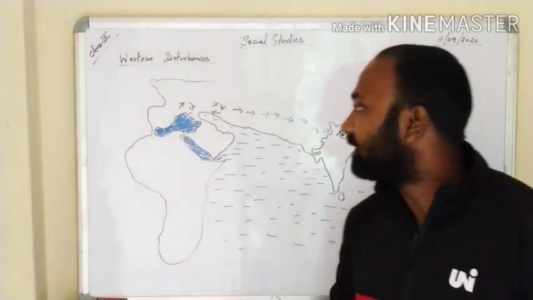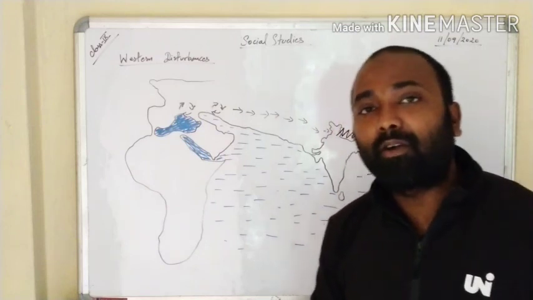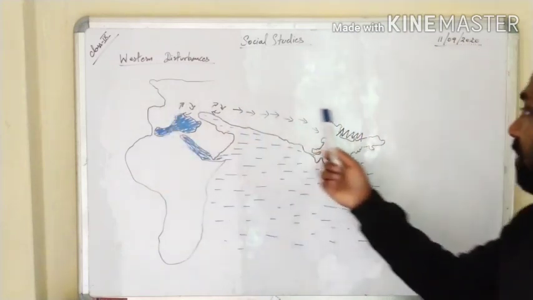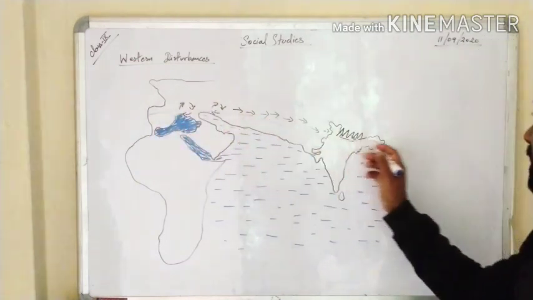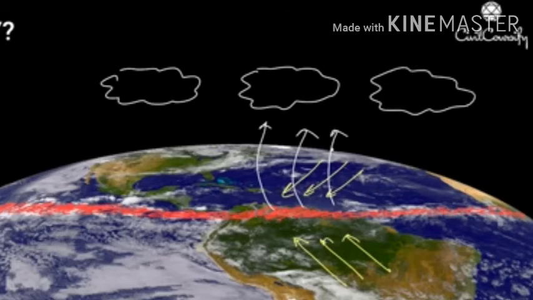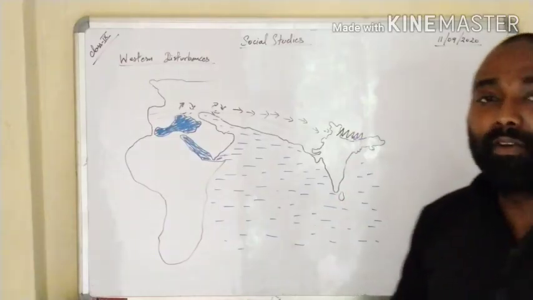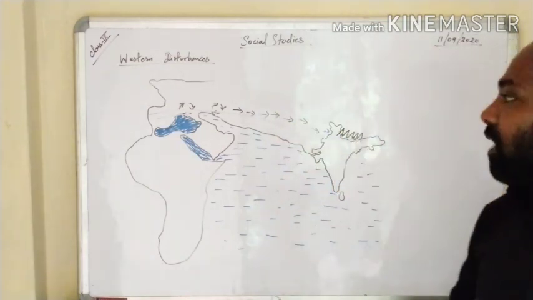In the region where the disturbances occur, cloud formation and moisture are there. We know that in the last class we discussed the jet stream. When the jet stream flows along this, it covers this region. From here it blows like this and comes this side. So these jet streams carry the moisture, and finally it comes to our country. But while flowing along this, it has to face the mountain.